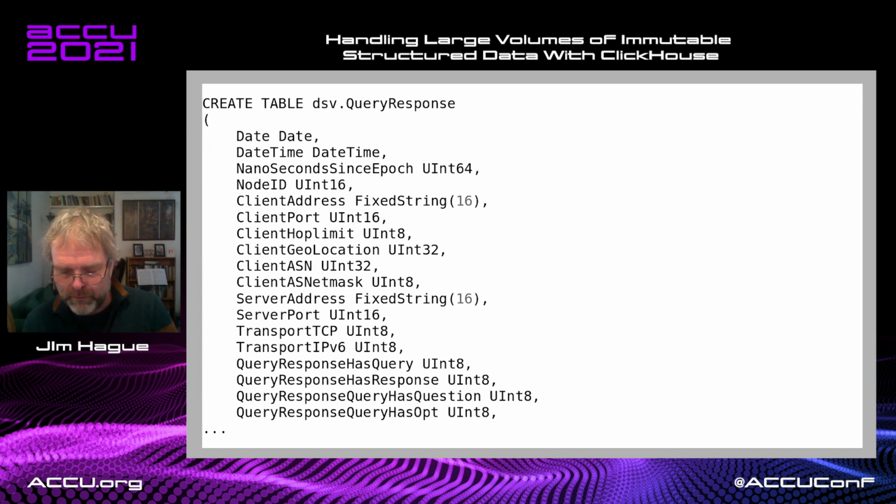I mentioned also earlier distributing data across a cluster. In the server configuration, which is an XML file based process, you define a cluster as being essentially a named collection of individual servers. What I'm doing here on each server is creating another table. The physical table I've called query response shard. I'm calling this table query response, and you'll notice it's got exactly the same schema as the main table,